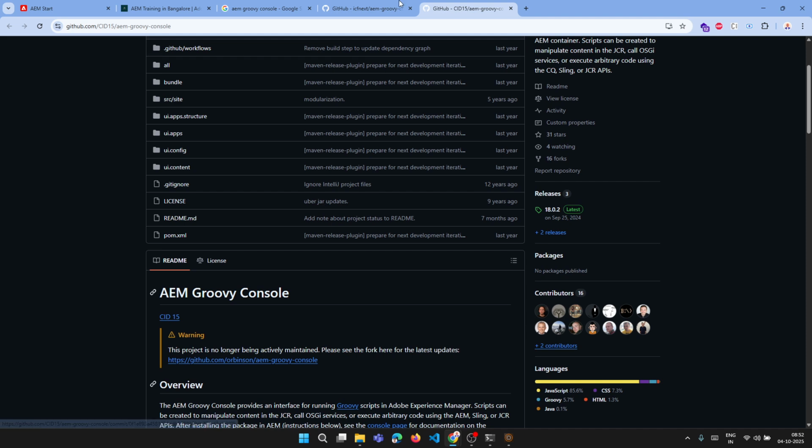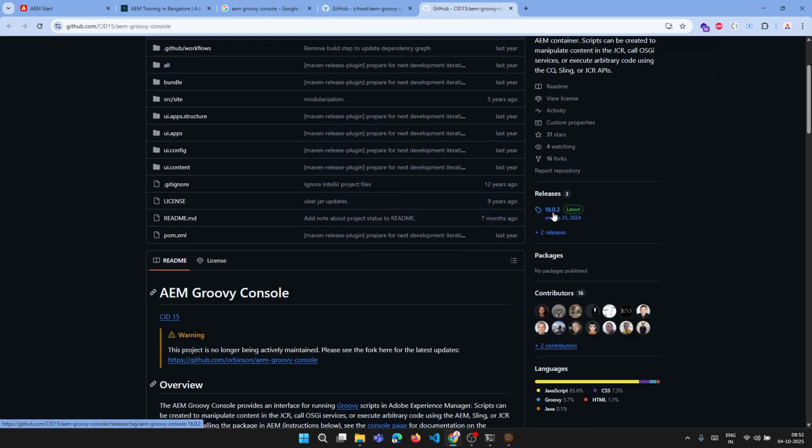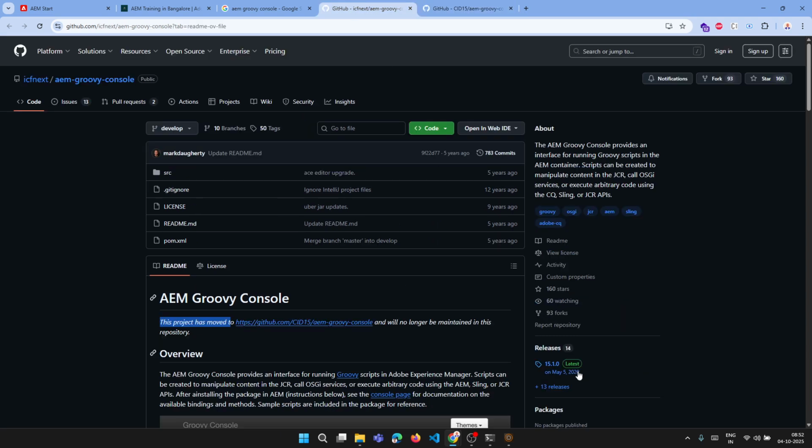Right now, I'm going to show you by installing the package because I do have the AEM server at 6.5.21. Based on that, I have to install this one, 15.1.0. For AEM Cloud, you should go for 18.0.2. I have not tested yet for AEM 6.6. I believe for AEM 6.6, this should be usable. The reason I'm showing on 6.5.21 is that most likely most projects will be using 6.5.23,